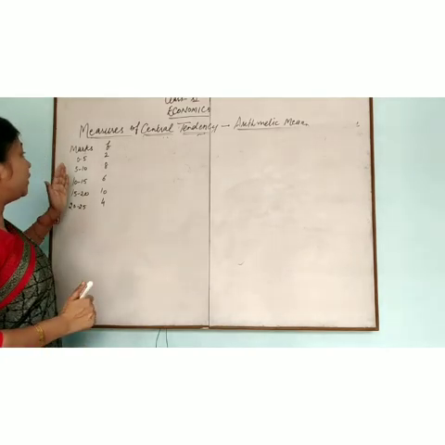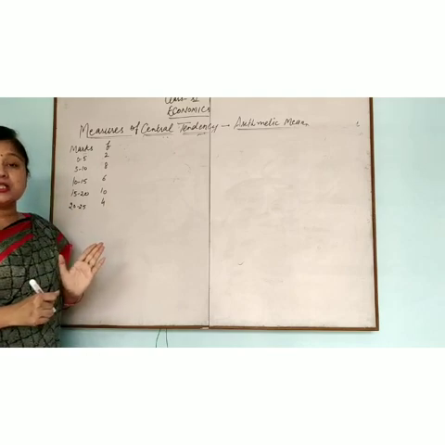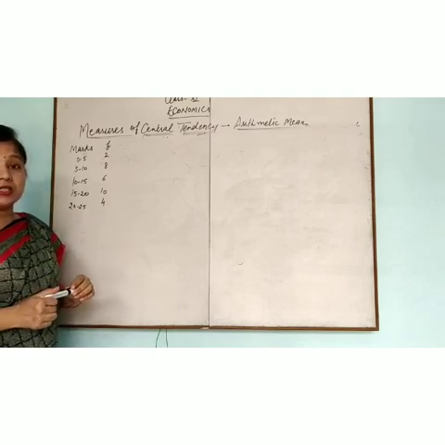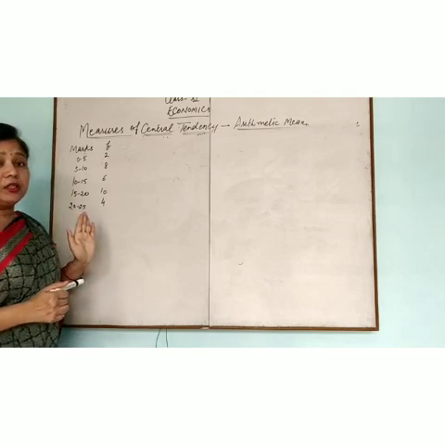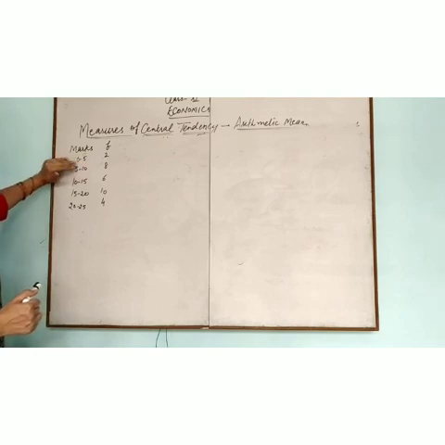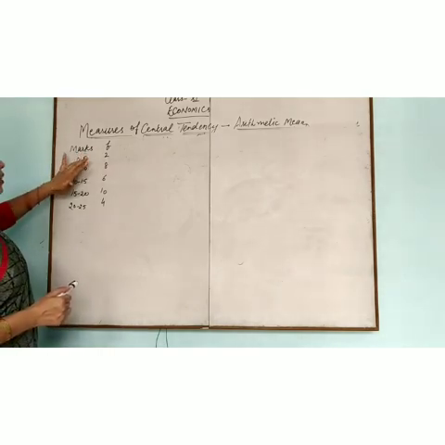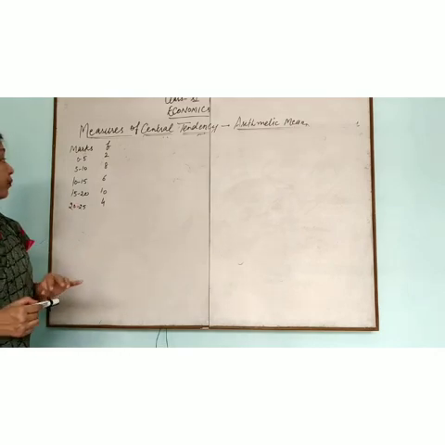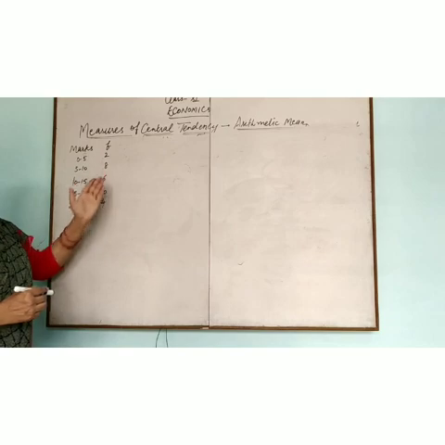Now, how can we solve arithmetic mean in the continuous series? What is the meaning of continuous series? When class interval is given, when there is no gap, here 0 to 5. 0 to 5 means here 1, 2, 3, 4, 5. Every item is included, and the frequency of these values is 2. And same with 5 to 10 variables, and frequency is 8.